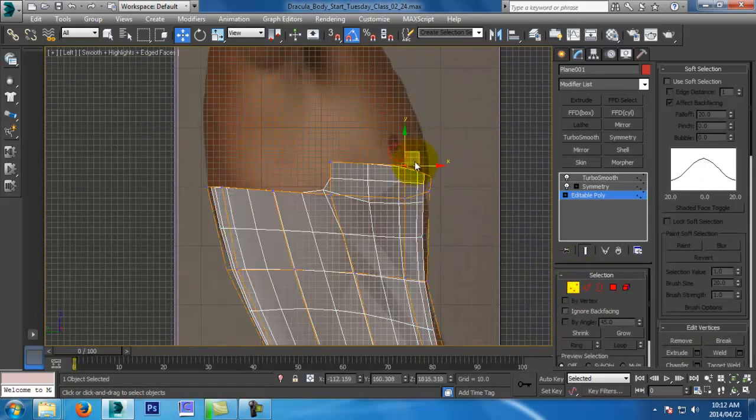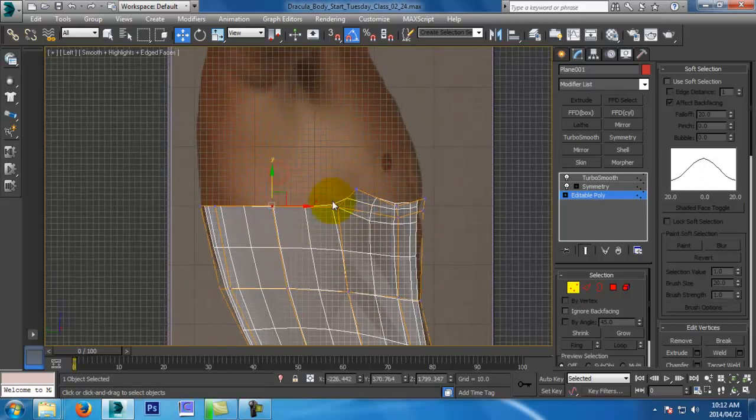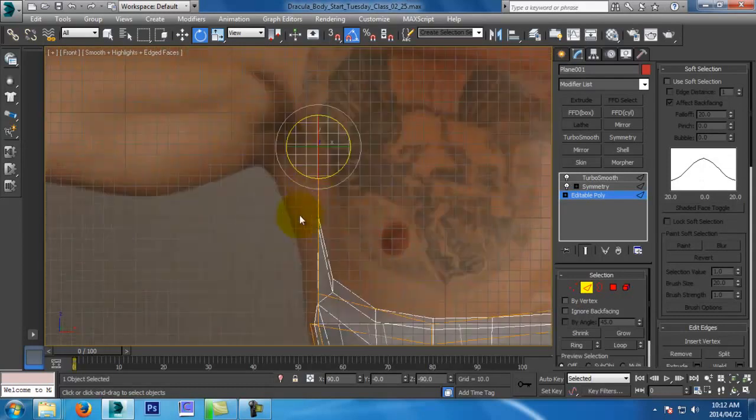Bring it there. Literally what I'm trying to create is the bottom of the chest muscle, and start bringing these in to bring it over there. Just start imagining the contours going on in the model. So we're trying to bring this one up. If you don't want to confuse yourself, start following the contour from the outside of the chest and work your way in